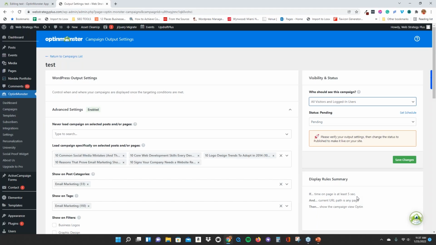So if they spend 5 seconds on the page and the display rules are that they're on these URLs, then this will show up. So imagine how powerful this could be and how easy this is, because obviously you have this opportunity to create all sorts of different strategies that tie into the products and services you offer and that will really convert leads on a particular journey. So that's why if you really think through the blogs you write in tandem with your emails, this can be very successful. So I just wanted to make an introduction to